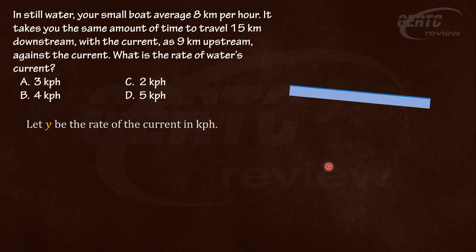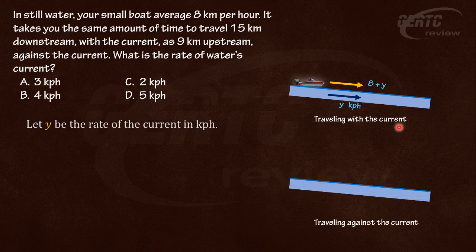So this is it. Downstream, Y kilometers per hour is the rate of the current. If you travel with the current, and this is our boat, the speed of the boat in still water is 8 kilometers per hour. If it travels with the water, the rate will be X plus Y, or 8 plus Y. Correct? And then traveling against the current, we still have the same rate of the current, Y. So the resultant speed will be 8 minus Y. Very clear. So it says the time to travel 15 km downstream equals the time to travel 9